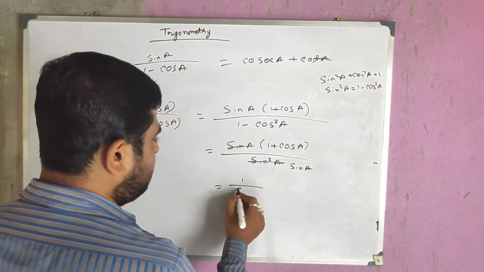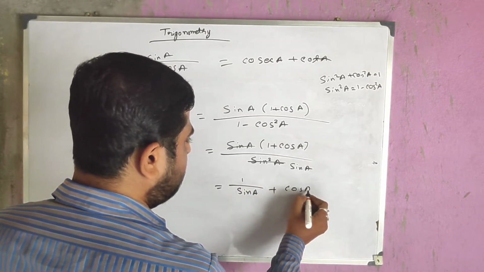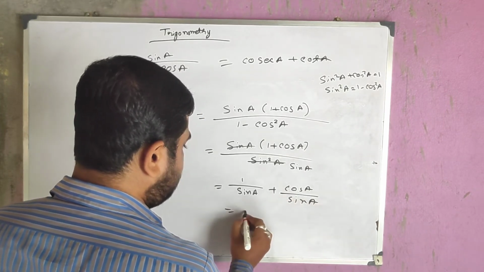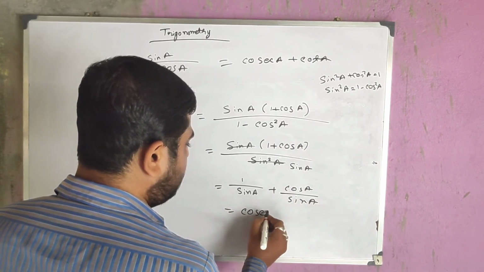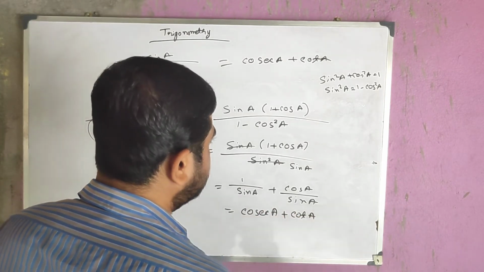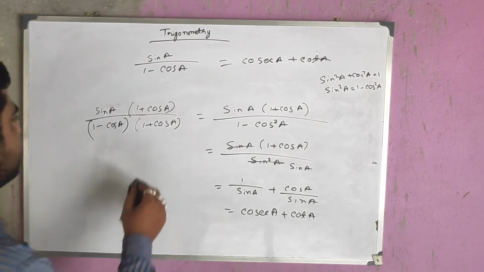Now divide: 1 by sin A plus cos A by sin A. So 1 by sin A is cosec A and cos A by sin A is cot A. So it is proved. Next,